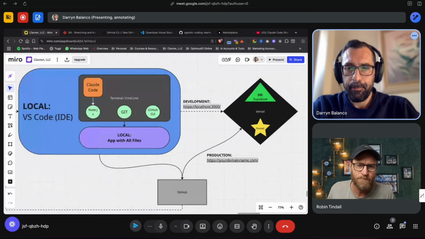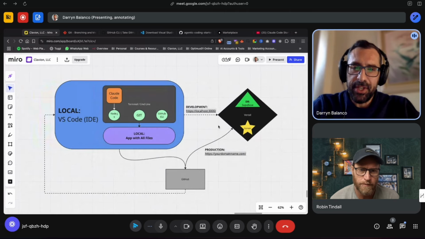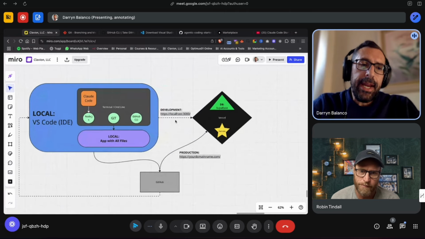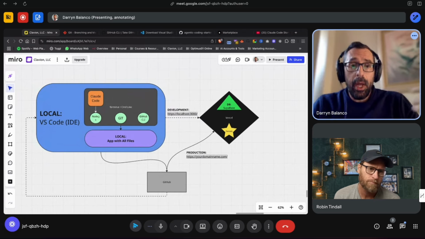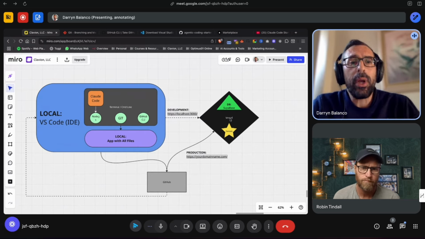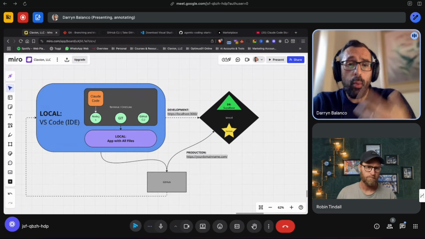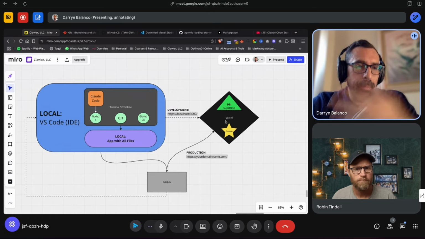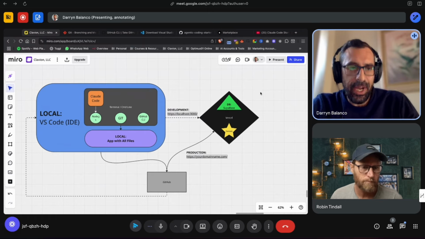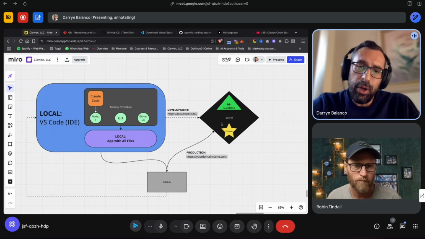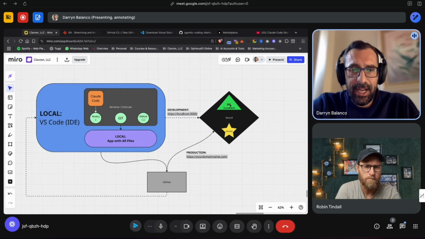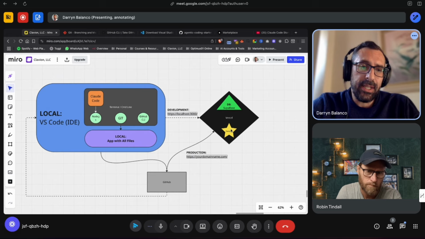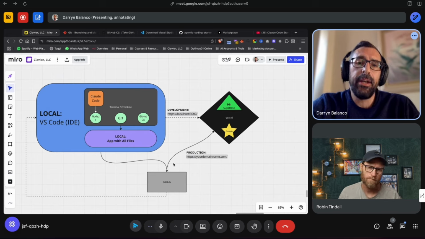Yes, that's correct. Gotcha. Okay, and then the final part of this whole diagram over here is we need a way to store all of the databases and the information of the app inside the database online, and we also need a way to publish our app on our own domain name, so it can be used by the public, and we can then obviously use our app live in the real world. So we are going to be using a tool called Vercel for that. And inside Vercel, we will then connect up a database, as well as we'll be able to set up a domain name there. So when our site goes live into production,